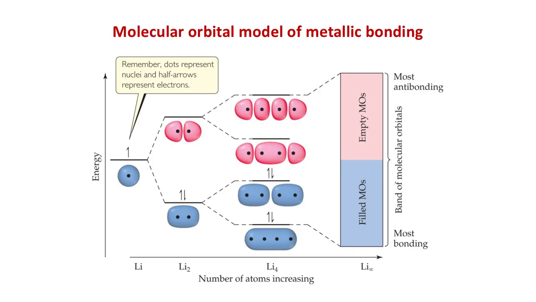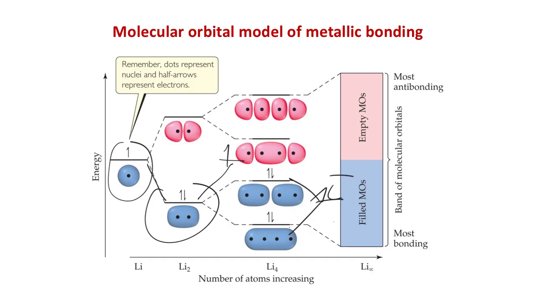This slide is going to show us that if you're picturing metals from an MO perspective, what ends up happening with most metals is you start with maybe one valence electron, you have another electron here, and then they go into a bonding MO. This looks kind of like hydrogen. Now hydrogen's not metallic, but maybe we imagine two lithiums next to each other, like Li2. If I picture this next to this, then we go up and down. And if I take this structure and put it next to that structure,